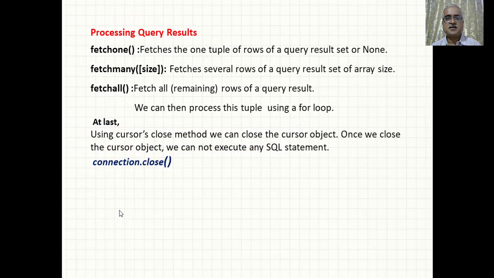After running the execute statement, the result from the database is stored into the result set, and this result set will contain one record or many records, and depending upon the number of records we use fetchone, fetchmany, fetchall along with that result set. And after performing all the database operations, we have to close the database, and this is done by the connection.close method.